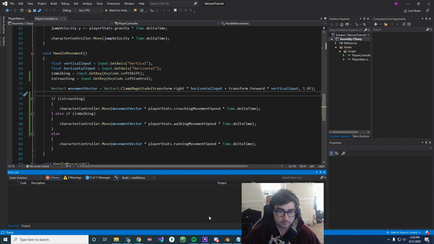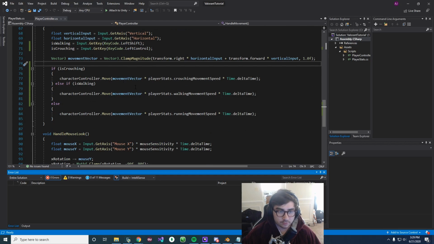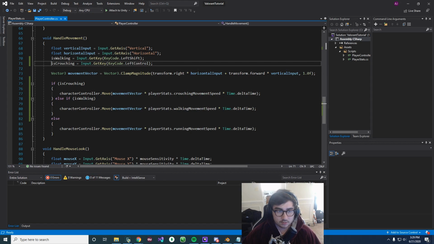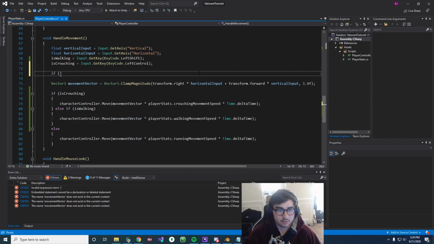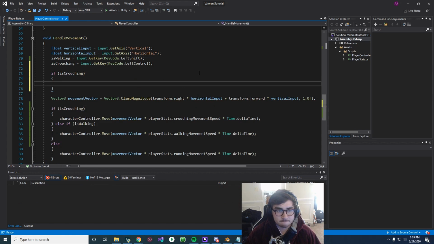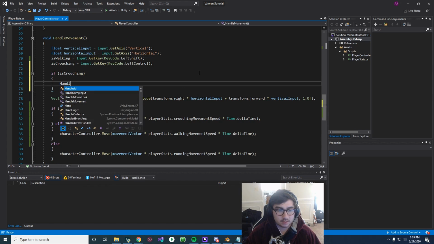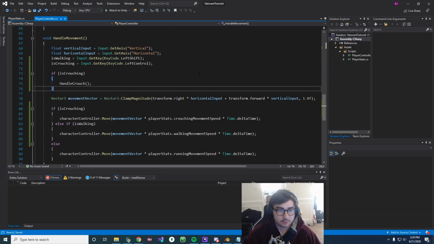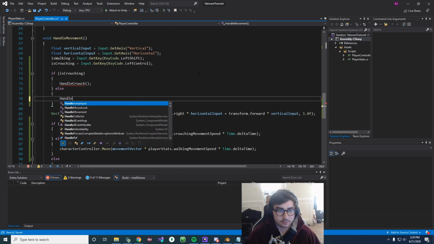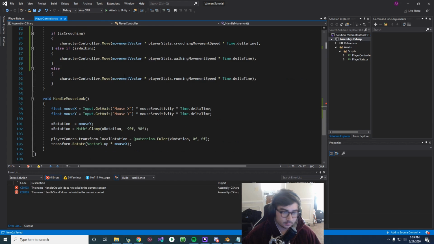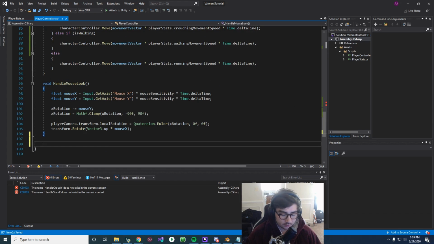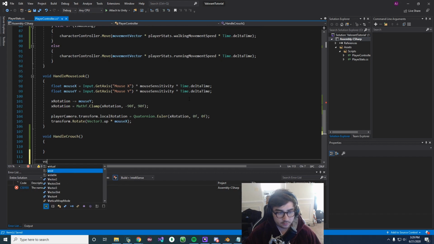So that all works. So let's go back into Visual Studio and let's create two functions. So at the top here, I say if isCrouching, and I'll say HandleCrouch, and then else HandleStand. Okay. So let's create a HandleCrouch function and a HandleStand function.